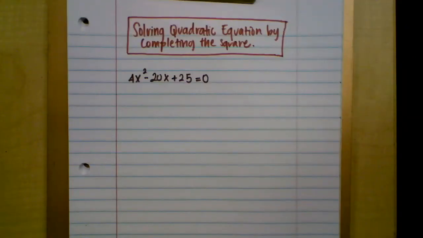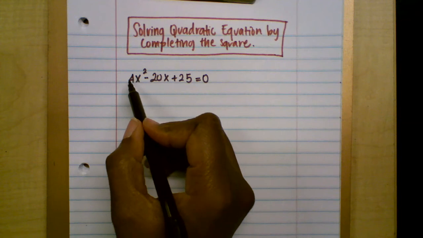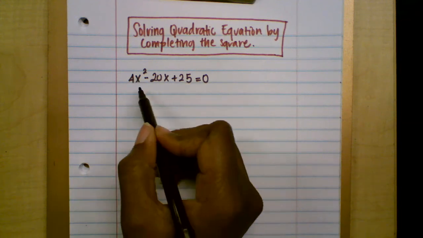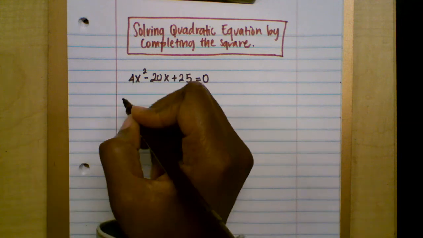Hi everyone, in this video I want to show you how to solve a quadratic equation by completing the square. This is an example. This is a quadratic equation made of three terms, a quadratic trinomial. To complete the square, step one, I'm going to collect the variable terms